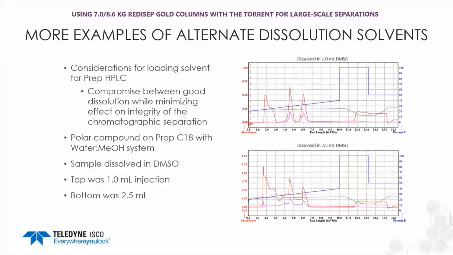We've got baseline separation between peaks 2 and 3 there. You see the DMSO peak is peak 1, and then some compound, it looks like tailing with that. But we're really interested in peaks 2 and 3 and the separation there. That's a 1 milliliter injection. When we inject 2.5 milliliters, now we've got significant fronting of peaks 2 and 3 into that initial peak, and we're not seeing baseline resolution between those two peaks,